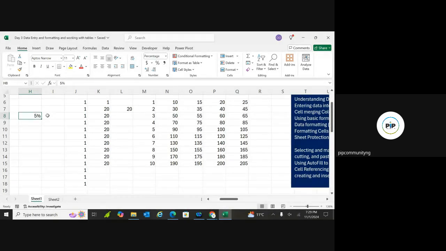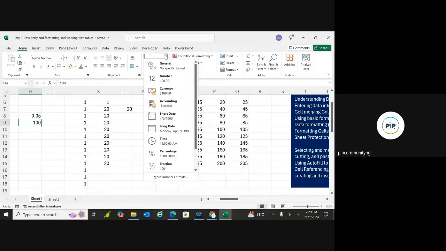You can see immediately I changed it to percent. You can see the 0.05 changed to percent. You understand? So let me undo it. So if maybe I want to also change it to a currency now, for example, I have this 100 now. The format now is just general. General means it's just any number format. You understand? So if maybe I want to change it to an accounting figure now, for example, I want it